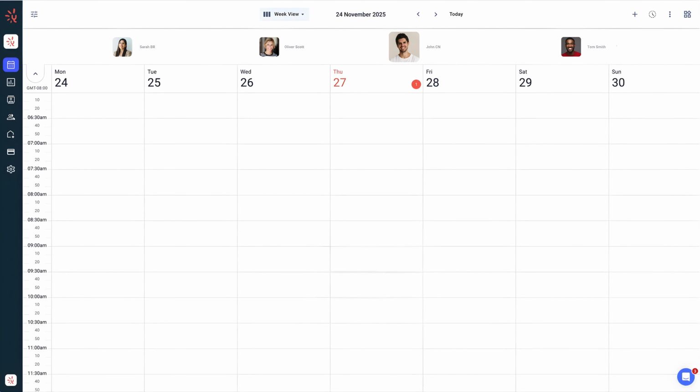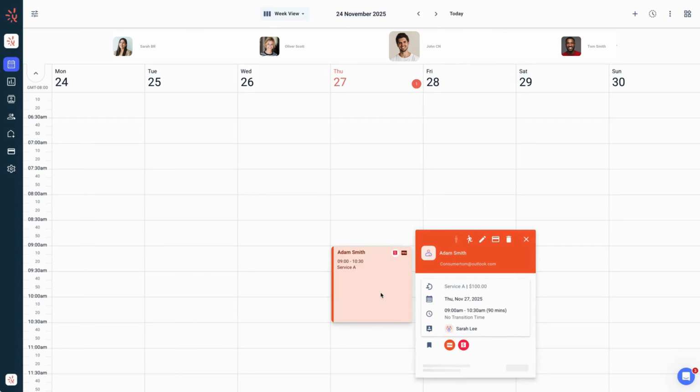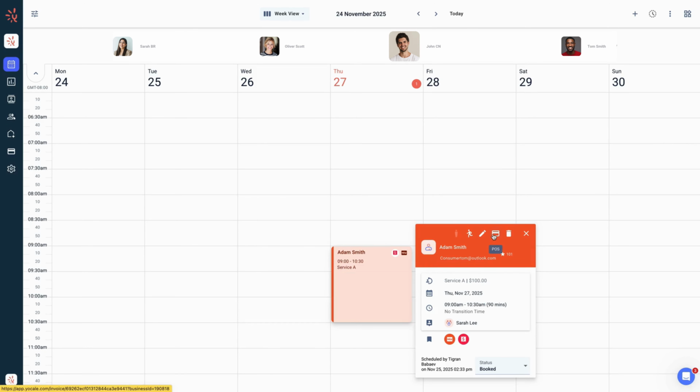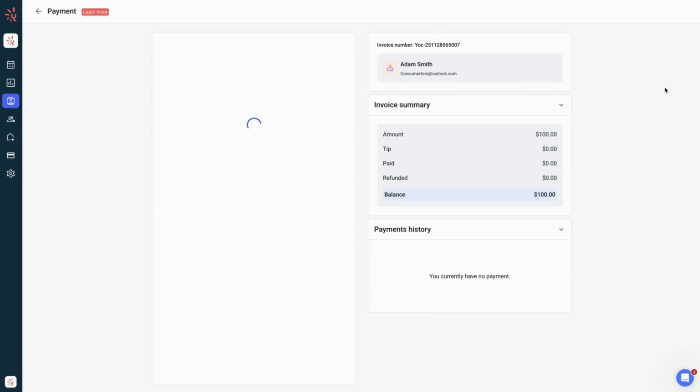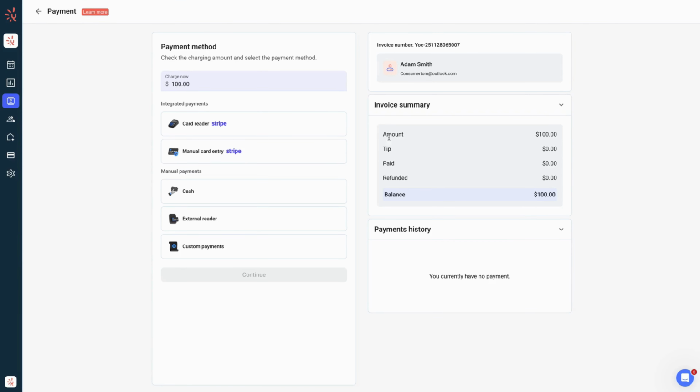In this video, we will learn how to accept payments on card readers. First, locate the invoice by going to the appointment and then the POS button. Click the pay button on the right, and now we will select the payment method and change the charge now